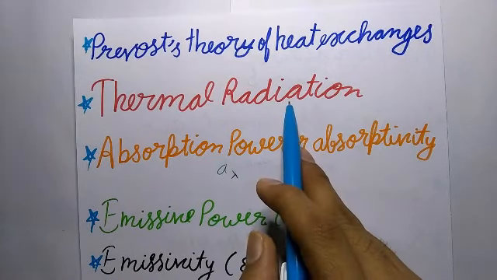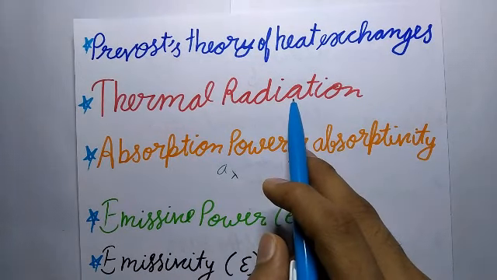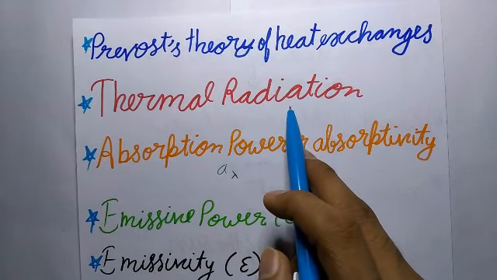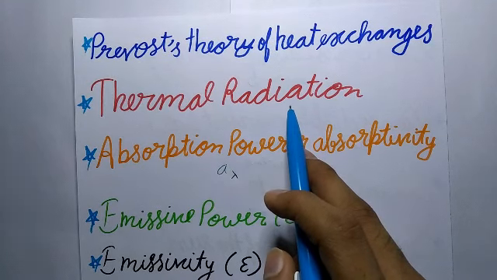Now, thermal radiation. The electromagnetic radiation emitted by a body by virtue of its temperature is called thermal radiation or radiant energy. Thermal radiations are electromagnetic waves of wavelength ranging from